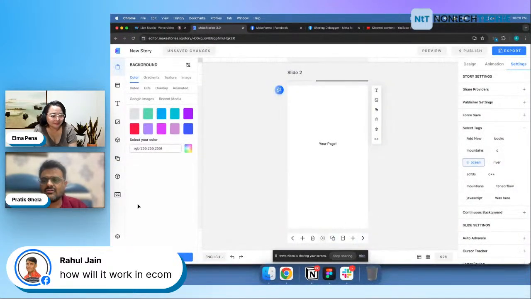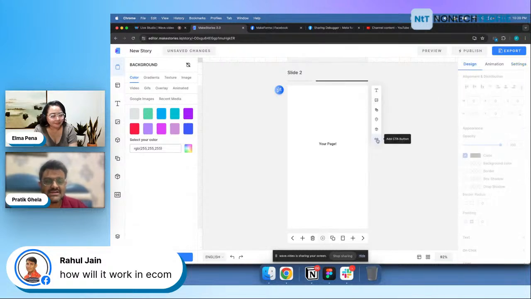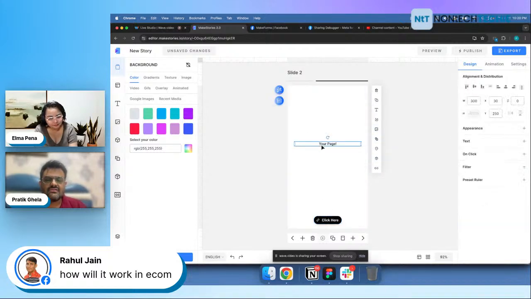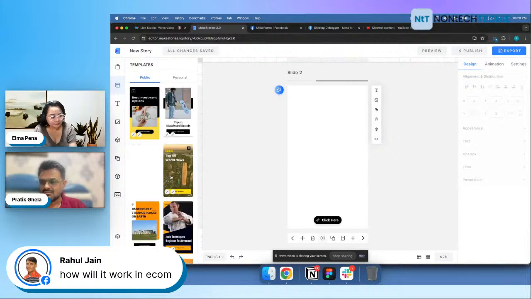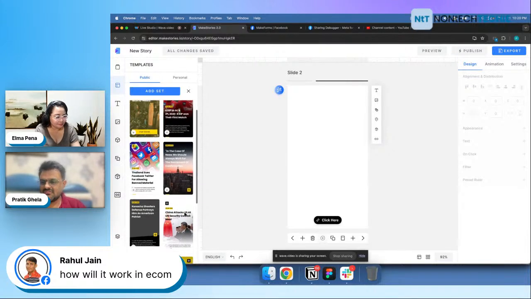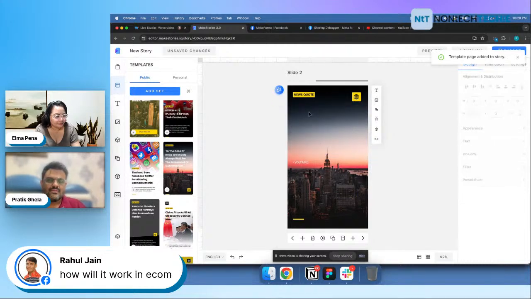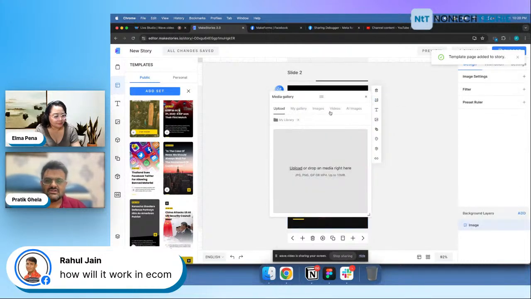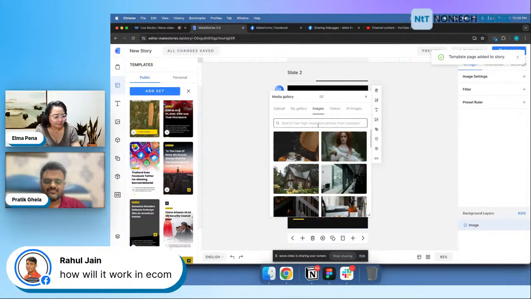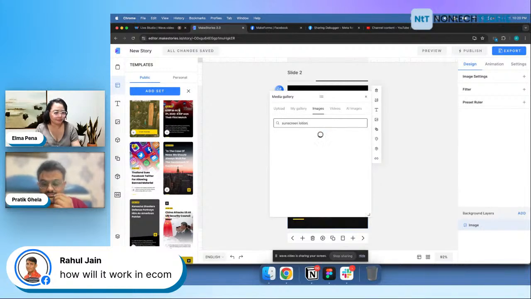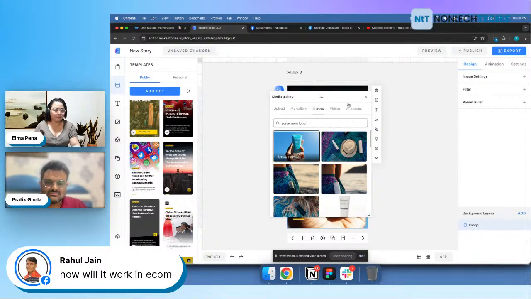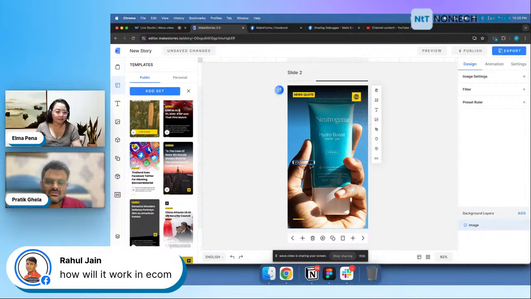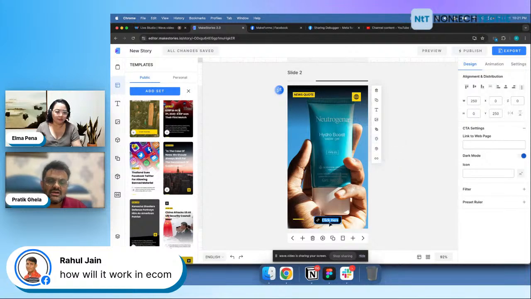So what you can do is you can always add a call to action button. To do that, you will click this link that says add CTA button. So let's say you have this thing, for example, I'll add a template. Let's say I add this, and here, let's change this to an image. I just write something. So this is my product. What I can now do is add a call to action button, and I would say shop